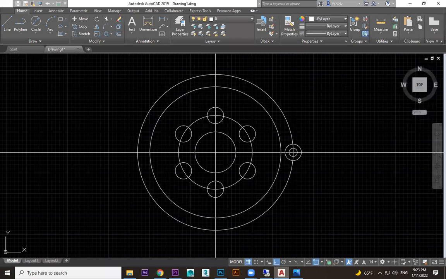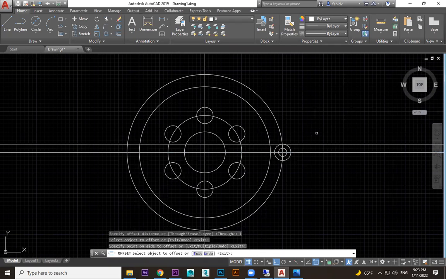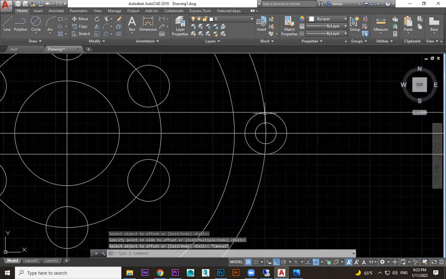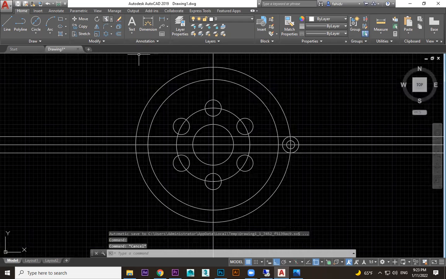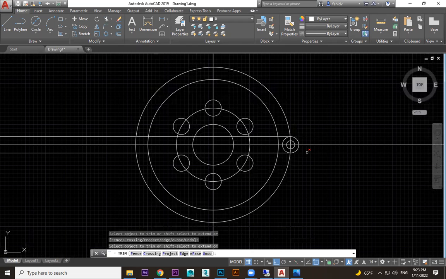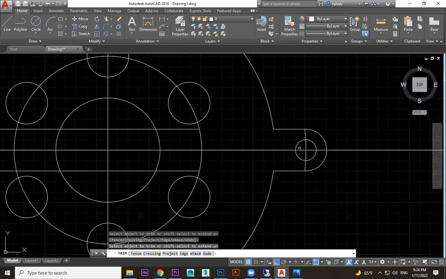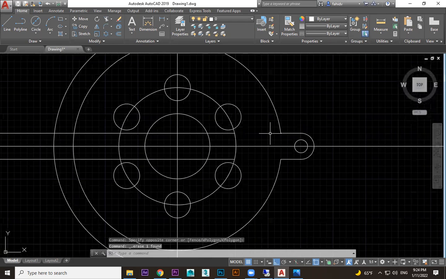So we are using the offset command, O enter. Offset shortcut is O enter. And 1 enter. Select the circle to up, select the circle to down. So this radius was 1, so this also will be 1. I'm expecting when I check, it is perfect. Now I'm going to use the trim tool, trim, cut here, cut here. Cut inside these two also. Cut even these two. Then inside these two. This circle. Even this also. Select and delete. We got that shape.